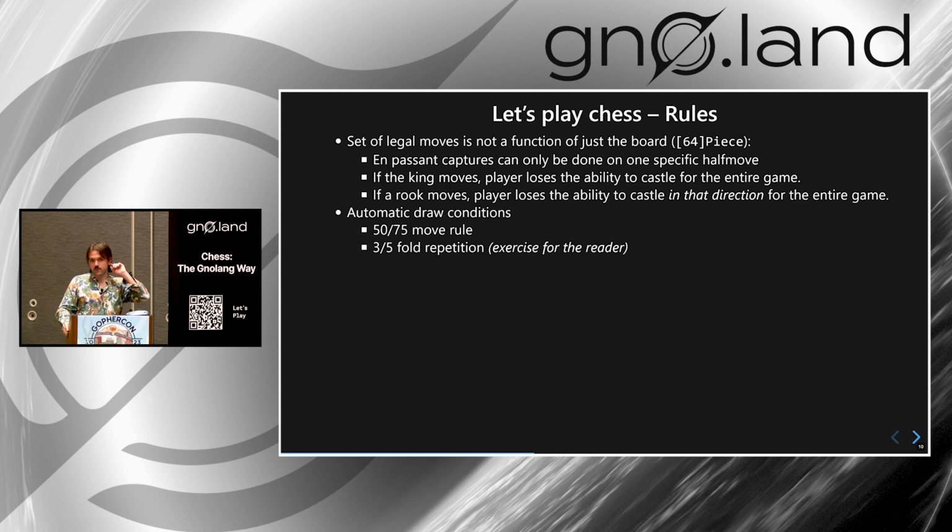So we need to store that information. Another piece of information we need to store is about en passant captures. En passant captures are this crazy thing whereby if you get on the sixth row, imagine you're white, and your opponent moves a pawn forward two, so you'll have the pawns in parallel like this, and you can do